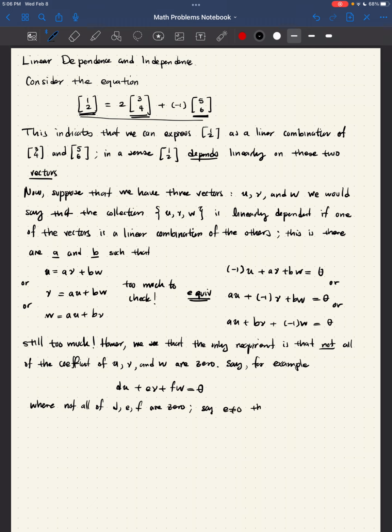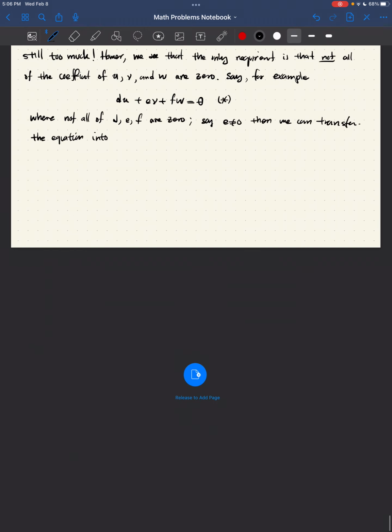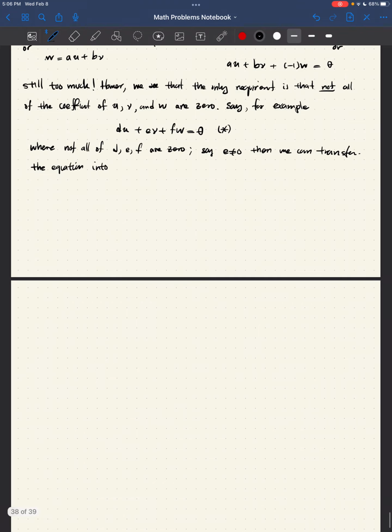Then we can transform this equation that we have here into the following. Negative 1 over e, I would be able to make this division, right? And then multiply both sides of the equation, du plus ev plus fw equal to negative 1 over e times